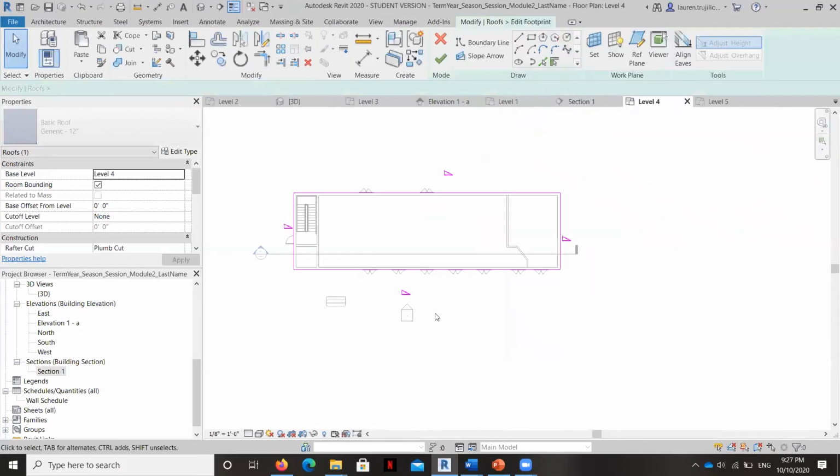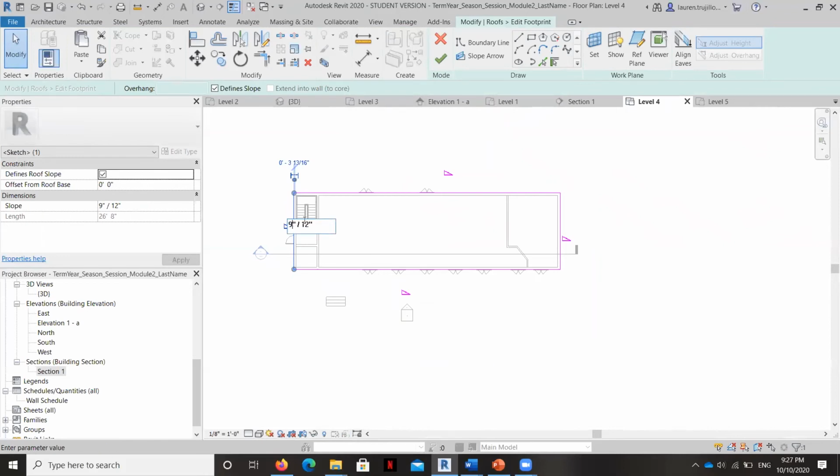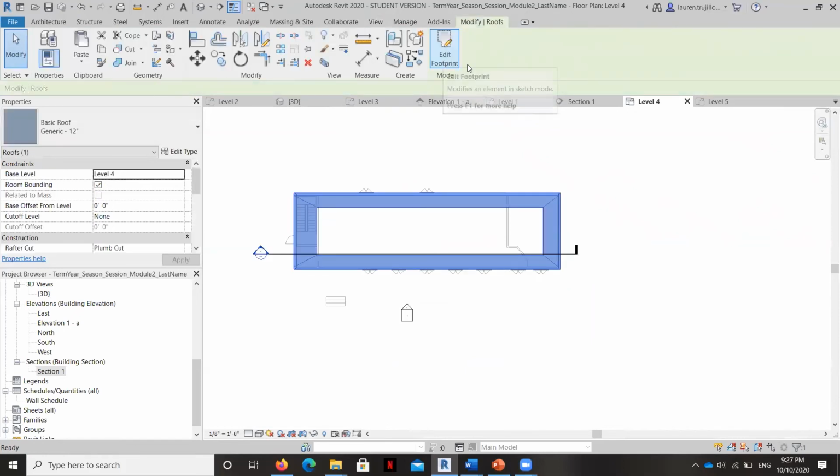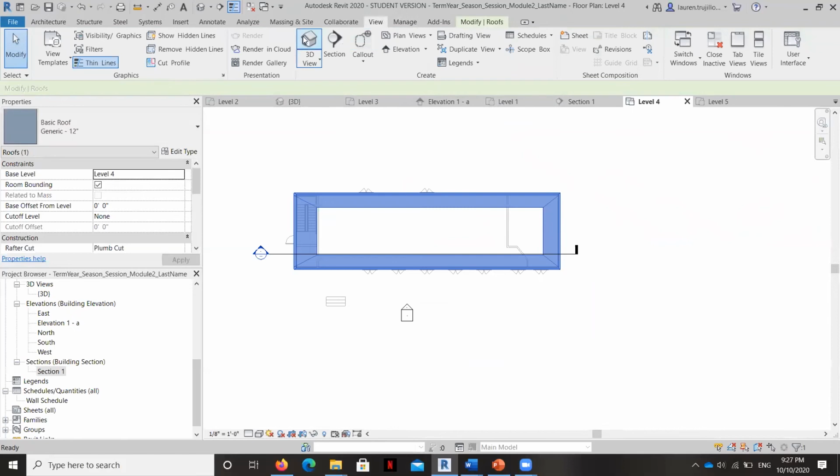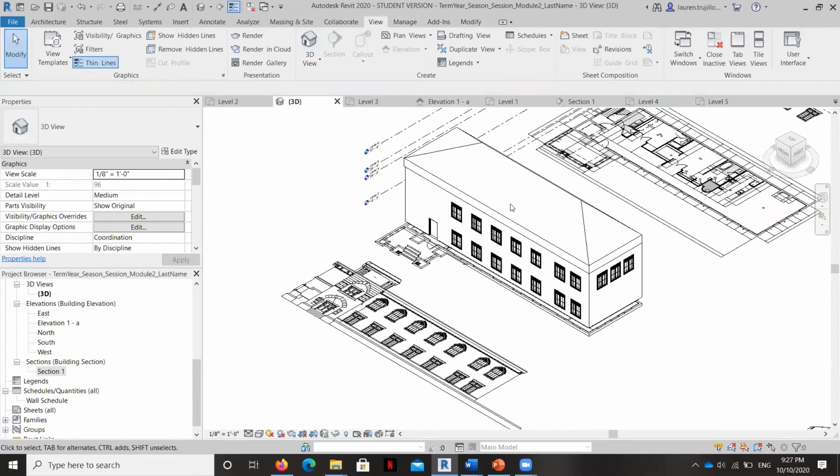So we can see it in the level 4. And I can change this side, let's say, to a 6/12, and I can change the pitch just a little bit. If you've ever noticed on roof lines, sometimes they're not all at the same pitch. Let's see if it'll let me do it. Yeah. So you can see here that the pitch for the roofs on this side are different than the pitch here.